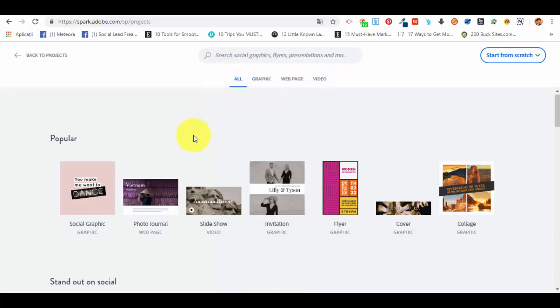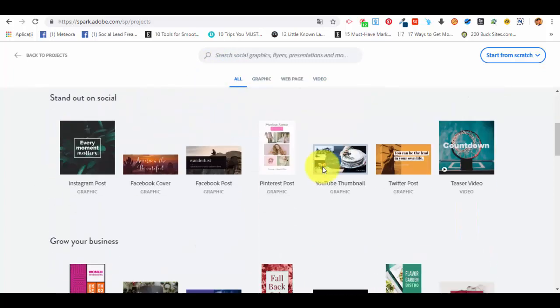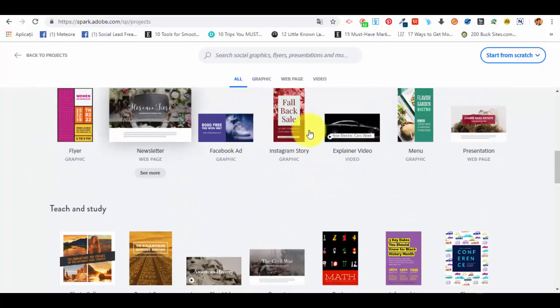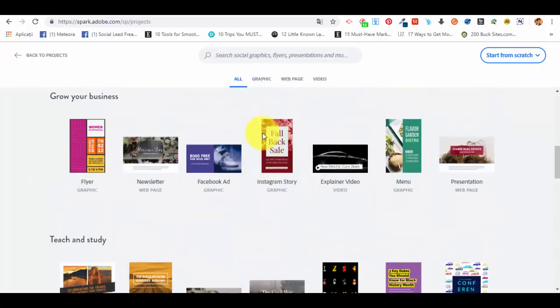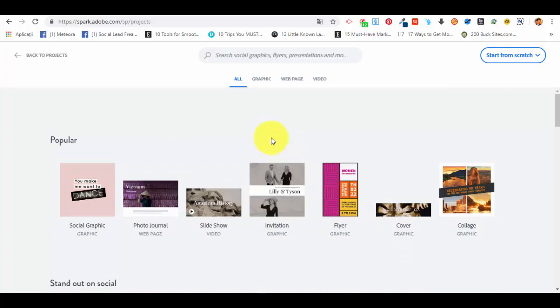I will go to the All section, and if we scroll down in the All section, we will see them again, and we can select them from here from the first page. Now, in our next lecture we will start with graphics like social media posts and other types of graphics that we can create with our